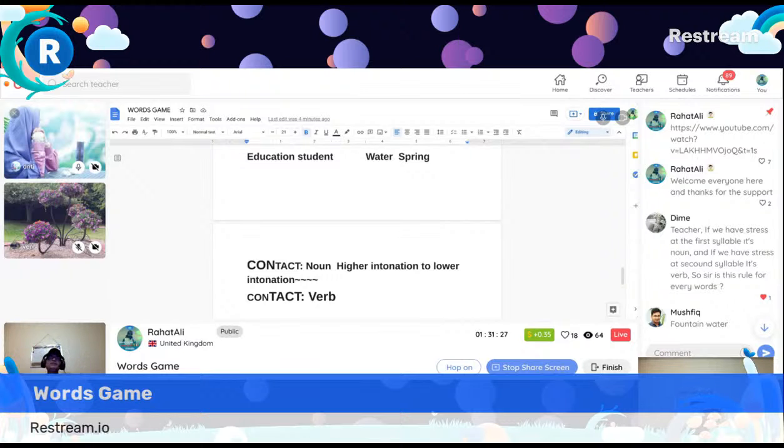Spring is the natural way when the water comes from earth or ground, and water is obviously connected to spring. It will be different, teacher, between water spring and spring water. Exactly, spring water is the bottled water. You can get it from the supermarket. Water is one word and spring is another word. So I said to you there are two words together, then you have to make sentences. These are not connected, okay? You have to connect them somehow.